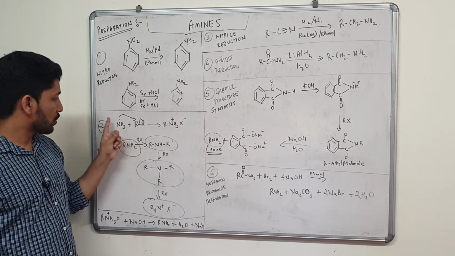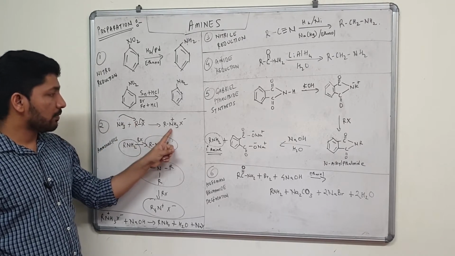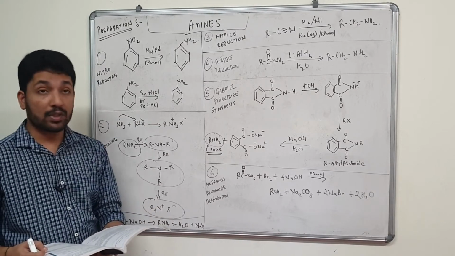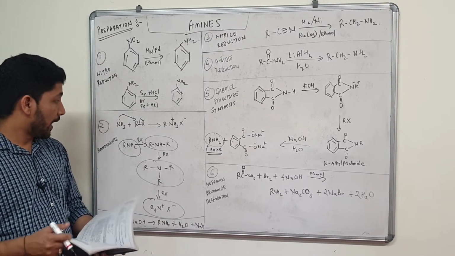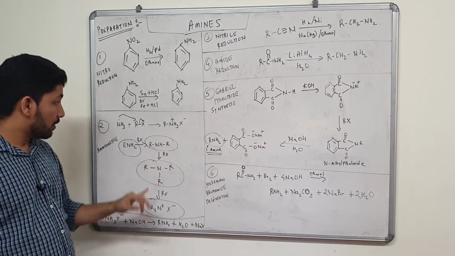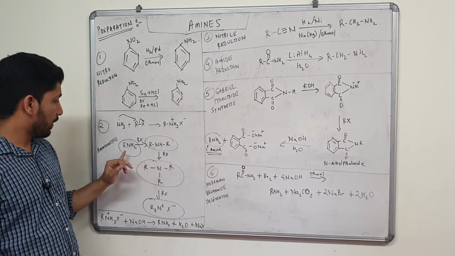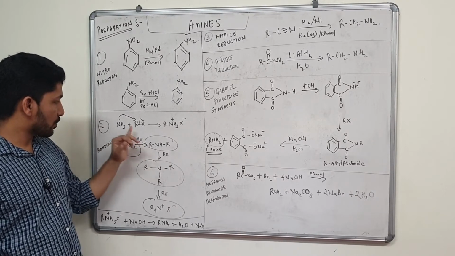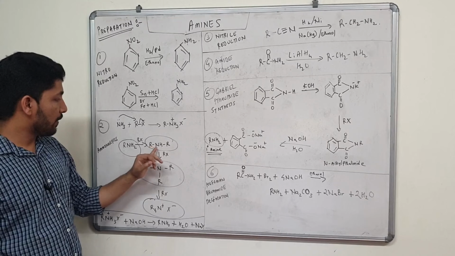You can see, when it attacks the alkyl group, you get an ammonium salt over here. This is called a substituted ammonium salt. Finally we will get this product over here, the substituted ammonium salt. RNH2 similarly reacts with RX, so the same reaction will happen, and you will get a secondary amine.